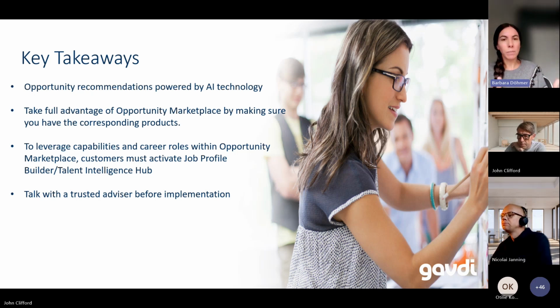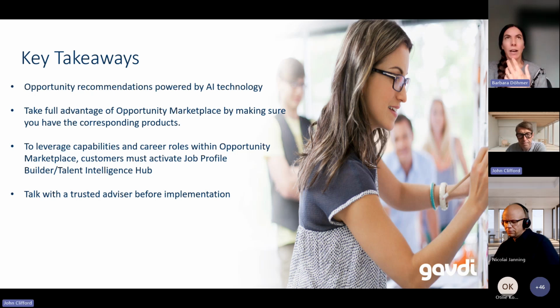It helps AI refine a little bit more and try to give you the most relevant opportunities that you can have. And it tries to encourage exploring internal opportunities rather than going externally, as I mentioned before.